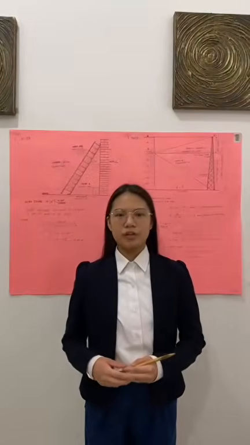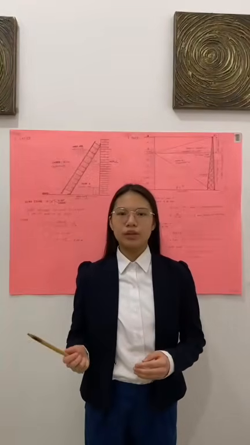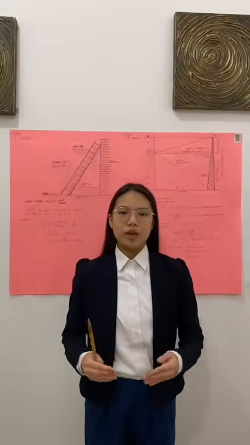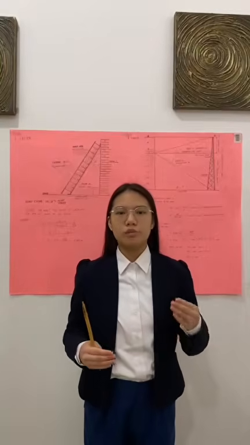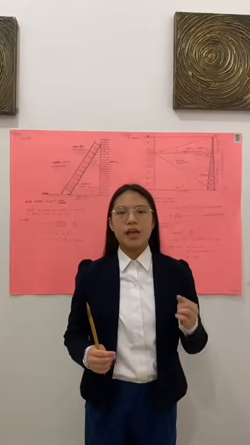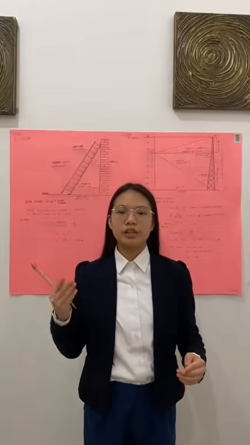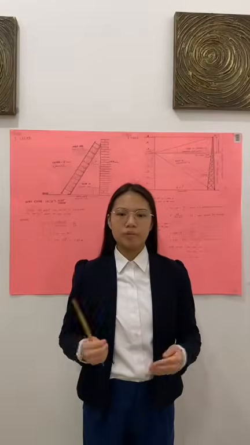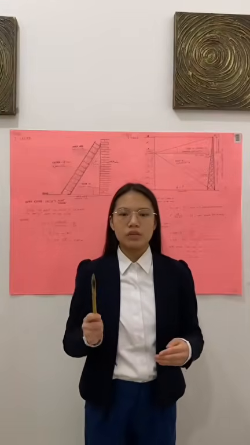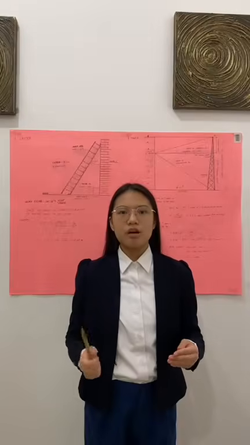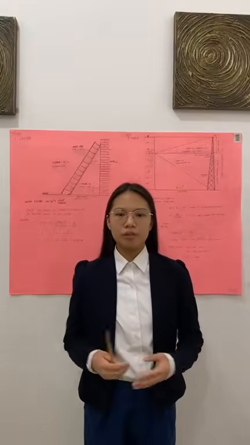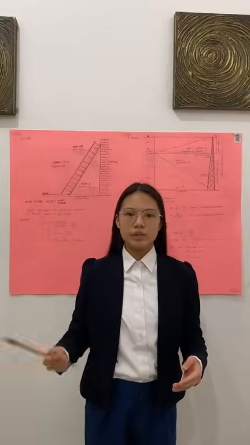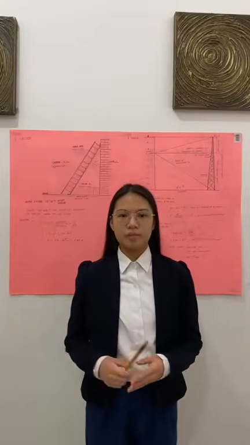Question number 2. A person stands at a window on the 9th floor of an office building. He measures the angle of elevation to be 25 degrees and the angle of depression to be 36 degrees of the top and the base of a tower. The person knows that he made the measurements 40 meters above the ground. Determine the height of the tower to the nearest tenth of a meter.